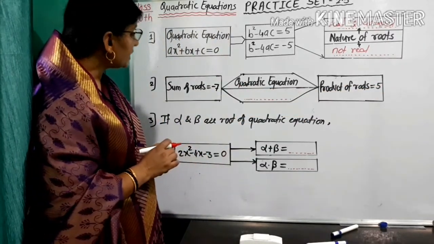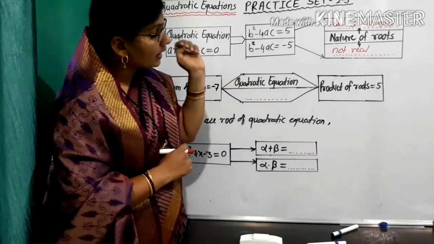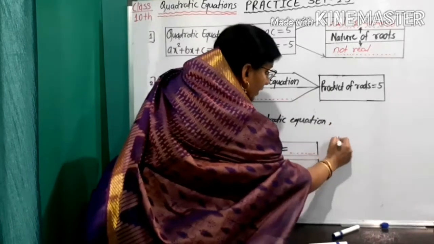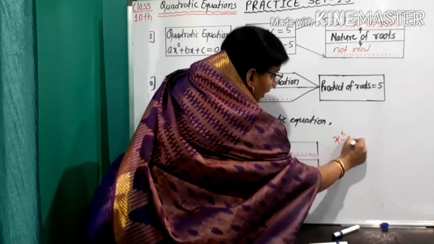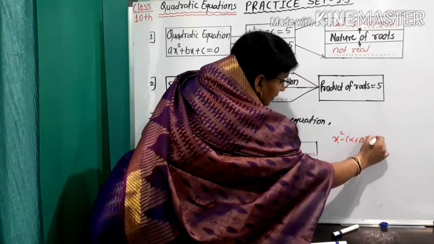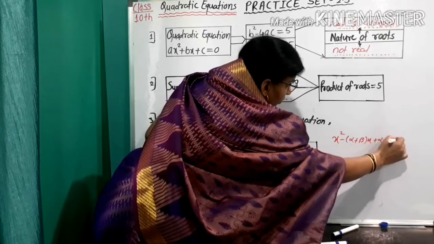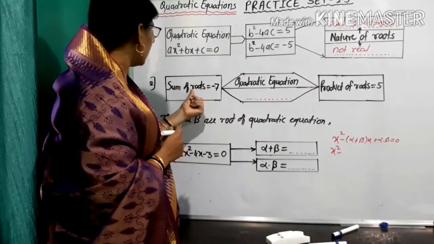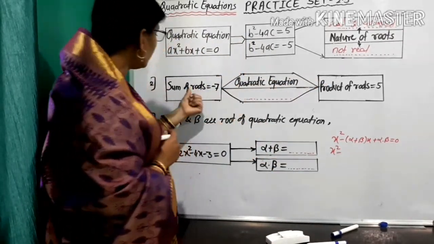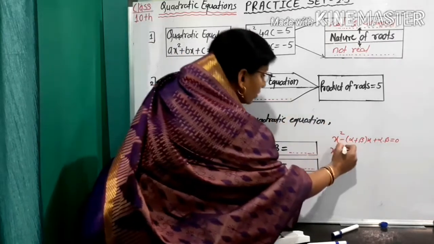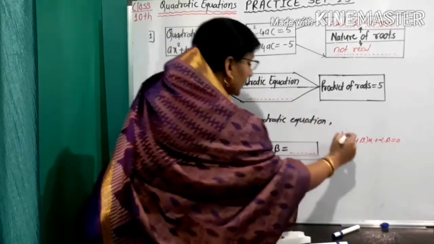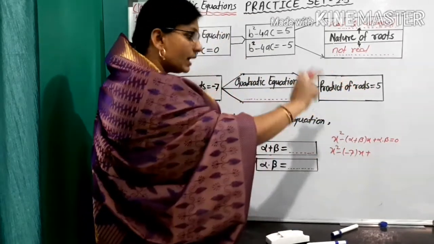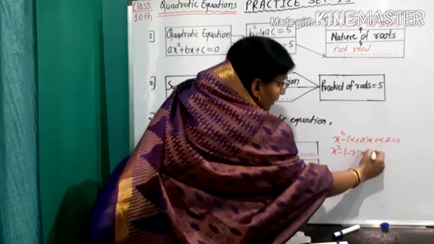If sum of roots and product of roots are given, then quadratic equation is in the form x square minus (alpha plus beta) x plus alpha into beta equal to 0. x square minus, sum of roots is minus 7, so minus alpha plus beta, this is minus 7, x plus product of roots, alpha into beta, is given 5